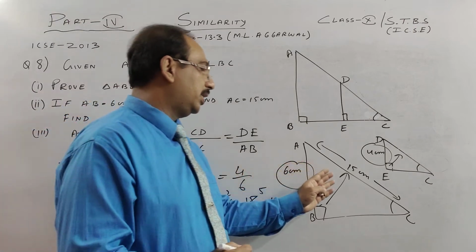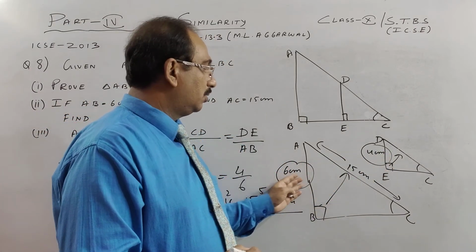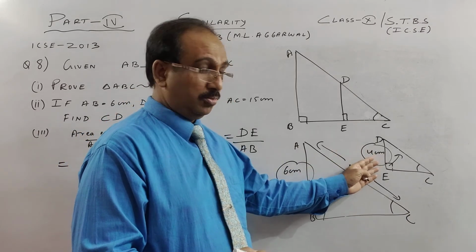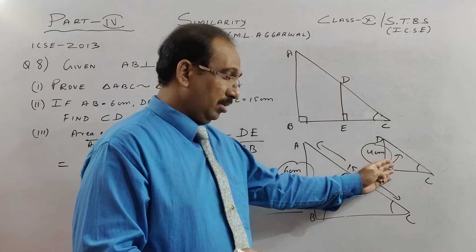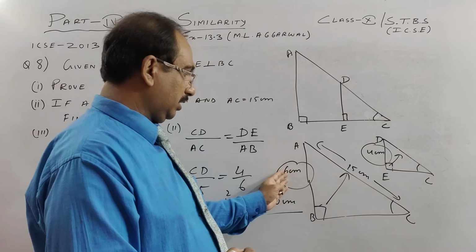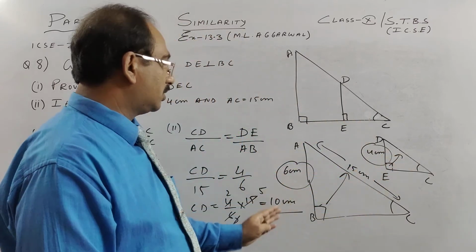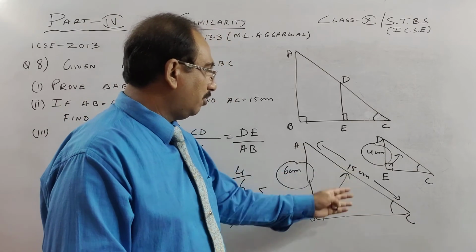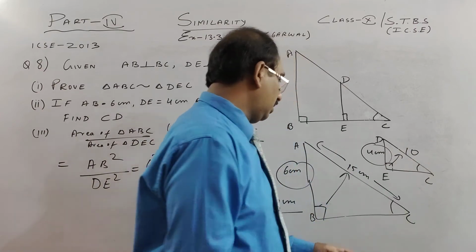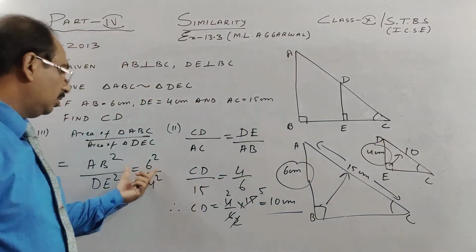Once more we have to find area of this is to area of this. Area of this to this is side square of this corresponding to side square of this. Both we do, side square of this upon side square of this, which are corresponding. So here you see we get 6 opposite to common angle, and we get here 4. So 6 square, or otherwise you could have done here we have 15, and you know we got CD as 10. So you could have taken 15 square by 10 square, same answer you will get, children, 3 by 2 ratio.